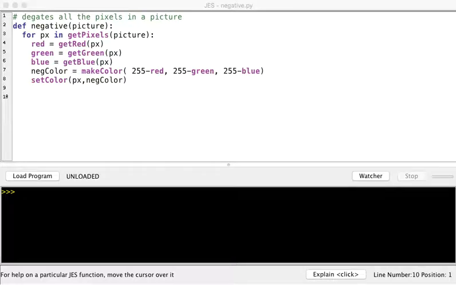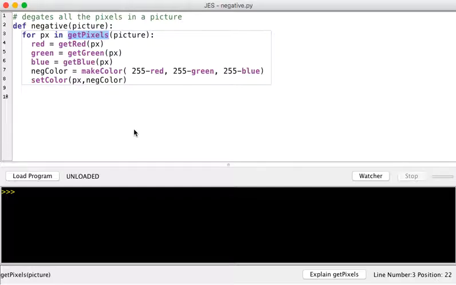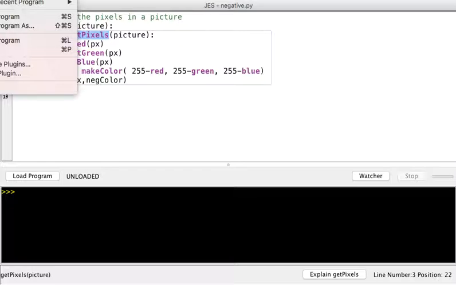Hi, so in this worked example, I'm just going to demonstrate how we can take our negative function and modify it so that instead of using the getPixels function, like it currently does, I'm going to use the range function so that we can loop over all of the pixels and get them one at a time using the XY coordinates. So you should have your negative function open, and we're just going to save this